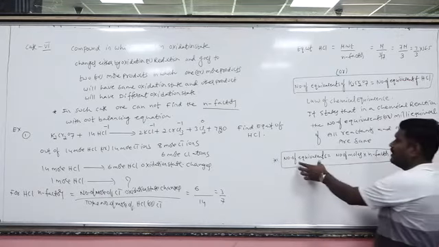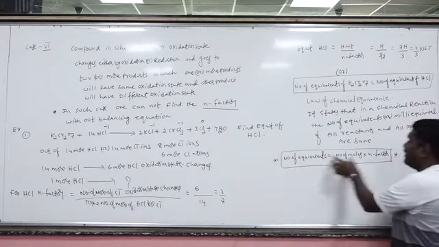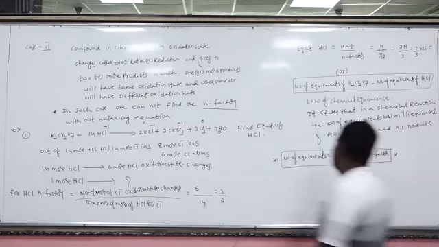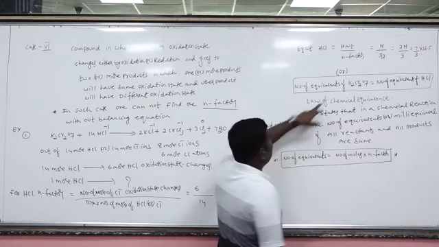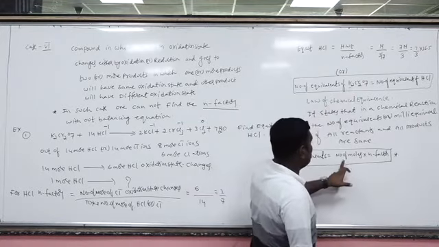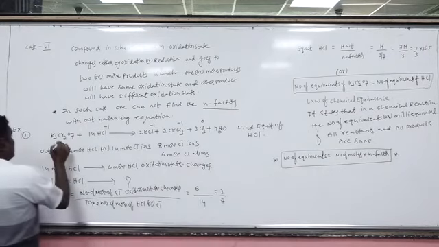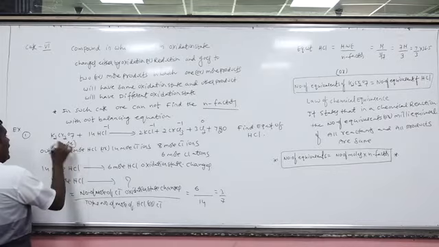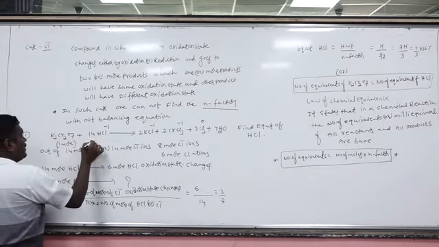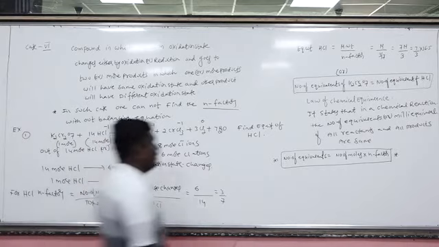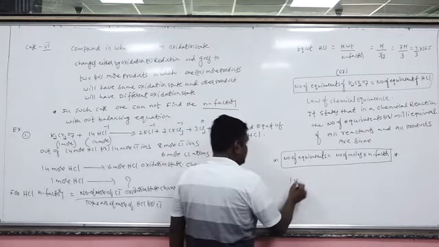If you take the number of milliequivalents, then it is number of millimoles multiplied by the N factor. Now come to number of equivalents of dichromate. Shall I write number of moles of dichromate into N factor? How many moles of dichromate are in this equation? 1 mole. And how many moles of hydrogen chloride are there? 14 moles. Now I am writing 1 mole of dichromate.